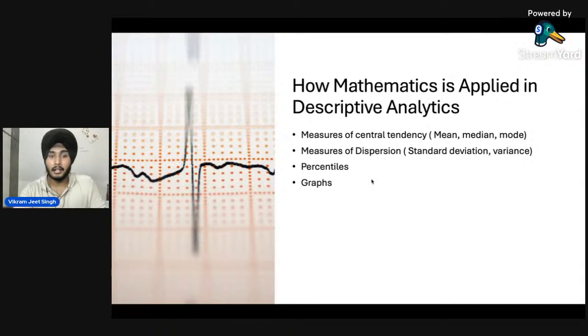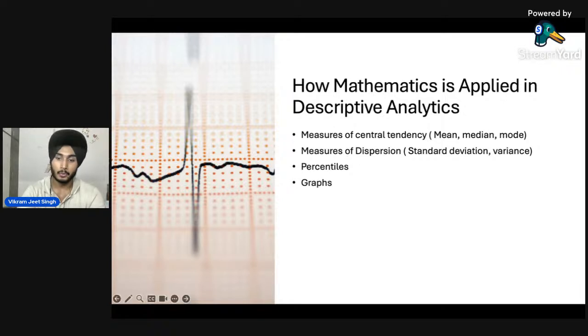Okay, coming up to the next part, graphs we use a lot. There are different types of graphs, histograms, pie charts, etc. We use them day to day for descriptive analytics. Based upon the data which we have analyzed, we move on to how it has happened, and give it a visual sense so that the senior hierarchy is able to make data decisions from it. So this is the basic maths which we used in the descriptive analytics part.